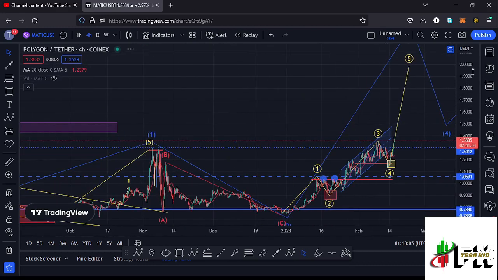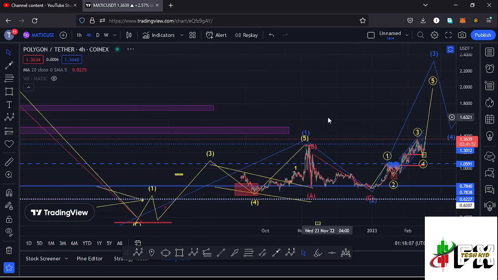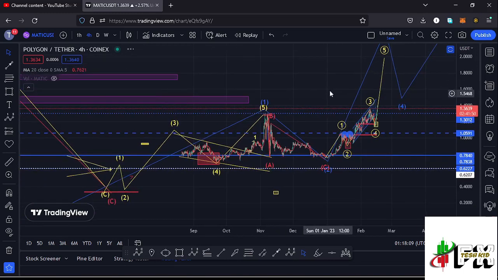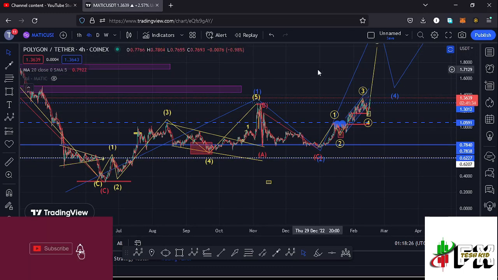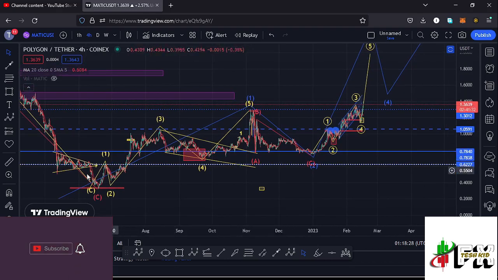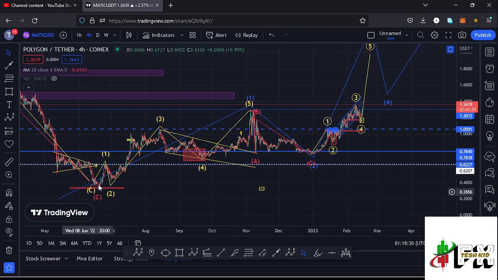And that is what is giving me the long-term scenarios that I'm expecting to play out here on the Polygon Matic chart. You can see that after making our low at around the $0.32 mark, we started this massive bounce to the upside, obeying the Elliott wave structures, where you can see that I have this Elliott wave structure in yellow, having the wave 5 making its peak at around the $1.3 mark, and also completing a larger Elliott wave count 1 to the